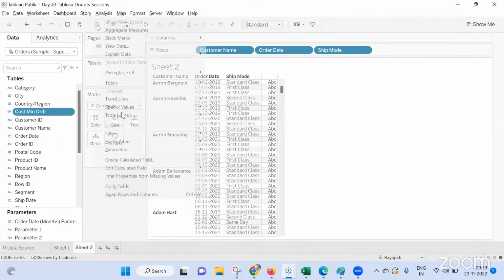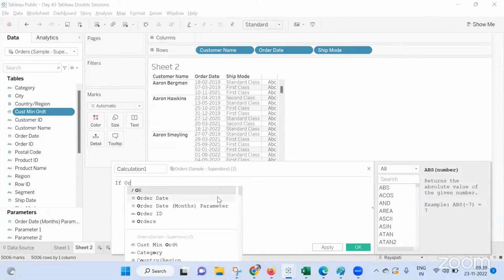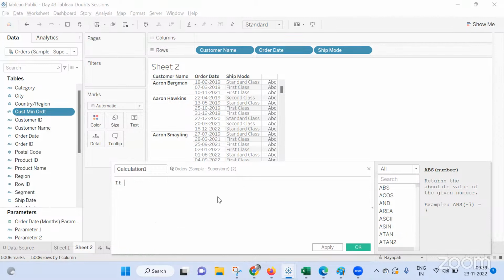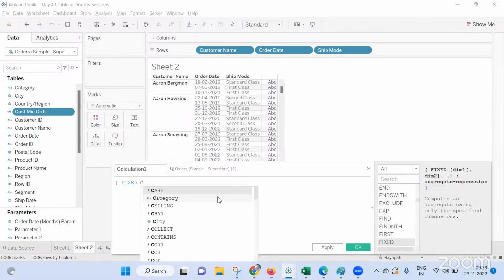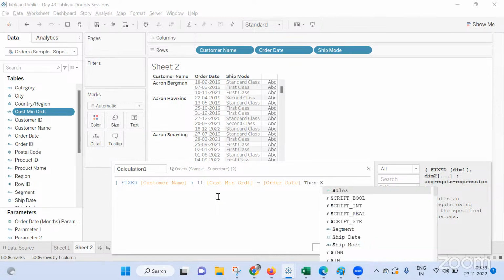Now if order date, FIXED customer name colon, if customer ORDT is equal to order date, then